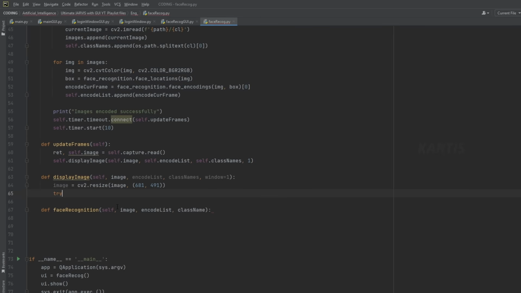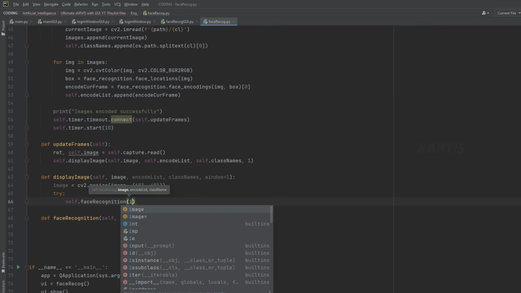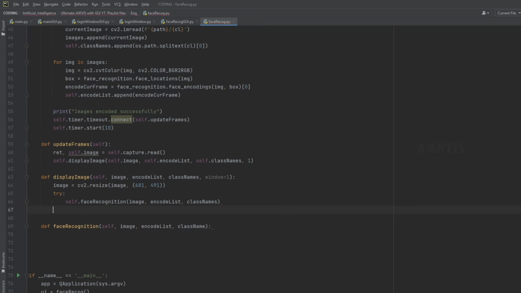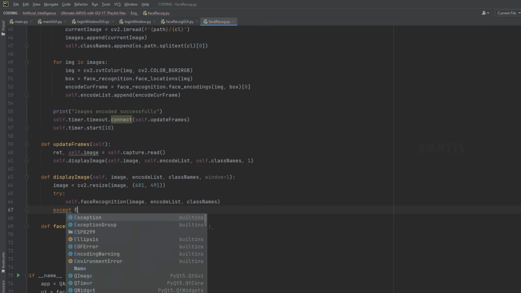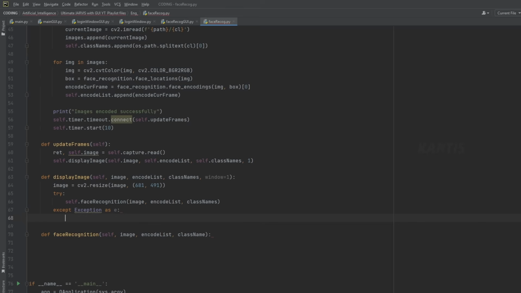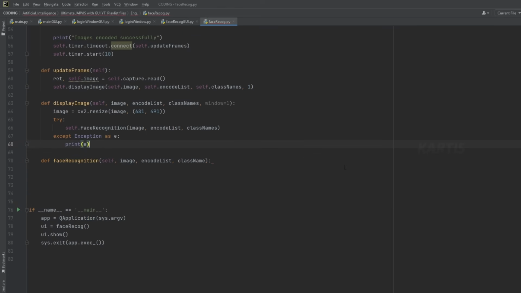So for that, let's do self.face_recognition here, and let's pass the parameters called image, encode list, comma, class names, as we already discussed. Let's say except, let's only accept the exception as E, and leave all other exceptions. Print E. Inside the face recognition, we need to program something to recognize the face and draw the rectangle and